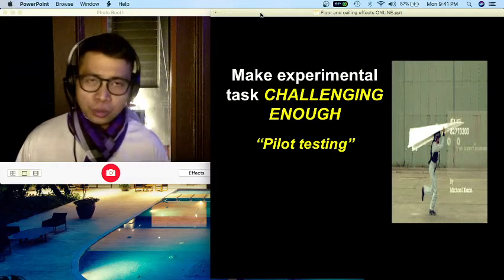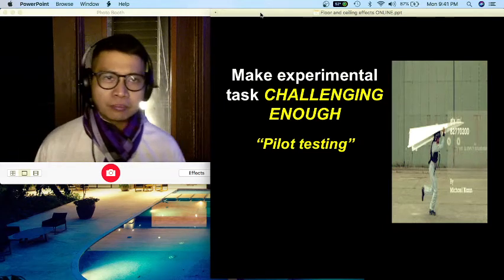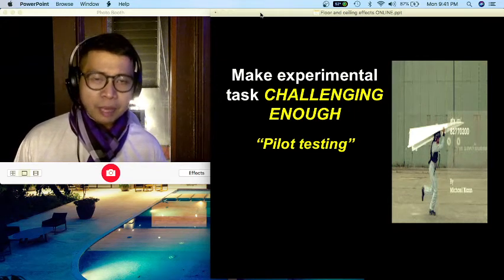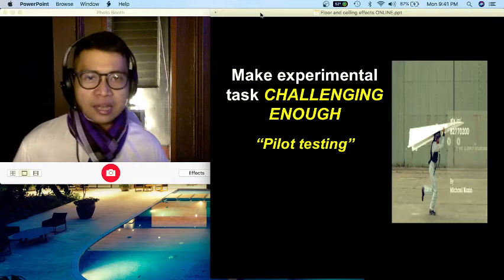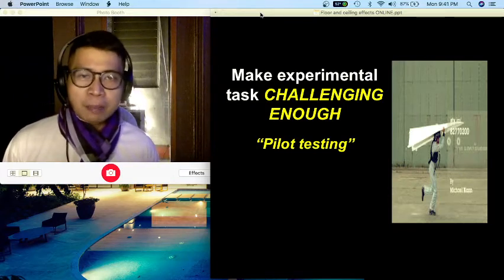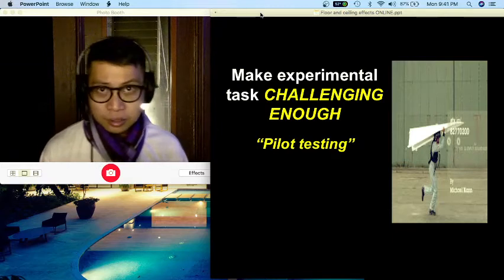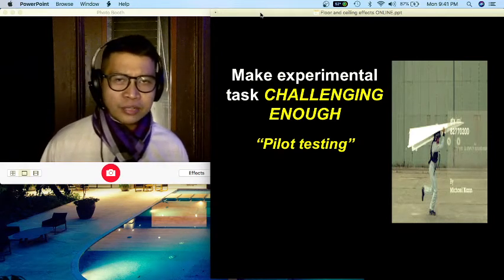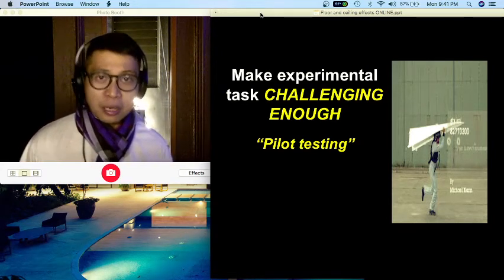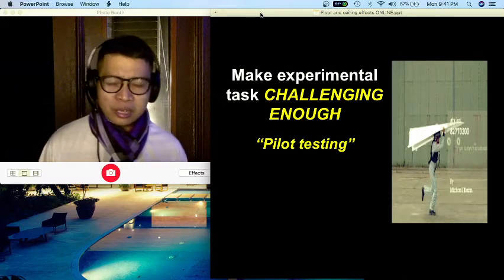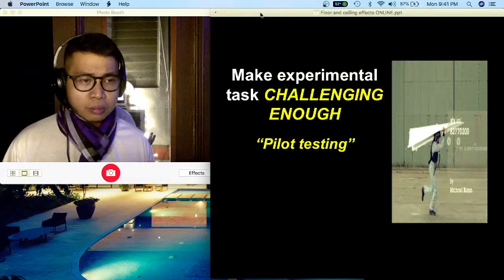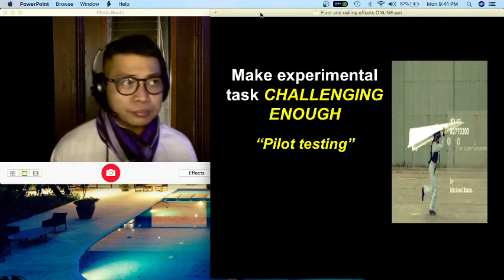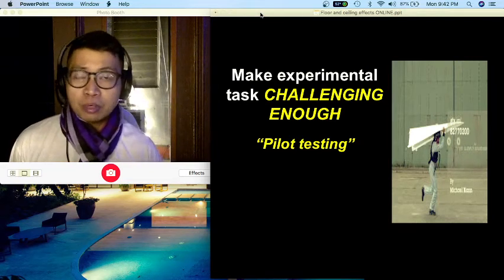And the best way for you to know whether the task or the instrument or any measure that you will use in your experiment para masigurado mong hindi siya masyadong madali, kinakailangan mong i-pilot testing yan. Ibig sabihin ng pilot testing, you are going to administer the task or the test that you are going to use in your experiment to a number of people who are not really participants of your experiment. Kung baga itong grupo ng mga tao na ito, ang role lang nila is to make them experience your instruments for you to find out kung meron ka bang mga dapat baguhin doon sa instrument mo, lalong-lalo na yung level